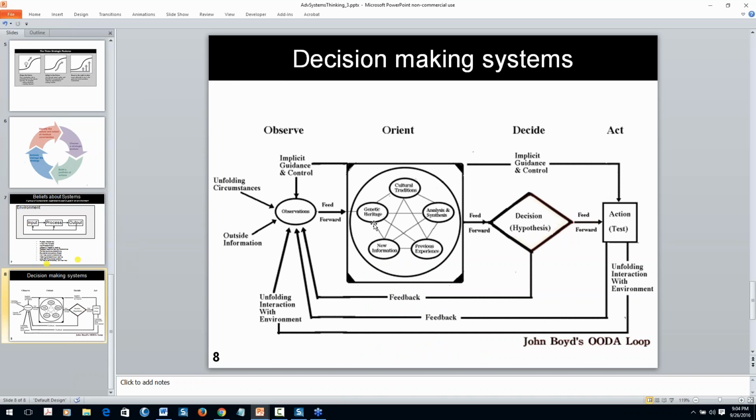Finally, the last piece I want to talk about tonight is this idea of a decision-making system modeled after John Boyd's OODA loop, one in which we have actions that occur as a consequence of a decision to act, which was based on a hypothesis about what was the nature of the environment. We have this orientation, which is this large chunk that represents our contextual knowledge, both short-term and long-term, that helps us find problems, frame problems, and then solve problems according to the way we interpret the mission, the purpose, and then the nature of the